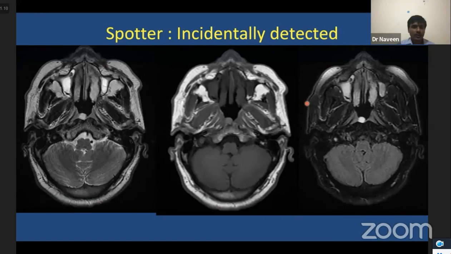This is a spotter. We can see T1, T2 hyperintense cystic lesions in the midline in the nasopharynx region, which are hyperintense on FLAIR and mildly hyperintense on T1. This is a Thornwaldt cyst, which is a mucosal retention cyst and an incidental finding. However, if the size is large, it can cause serous otitis media due to obstruction. It is usually a leave-alone lesion, with no need to surgically remove it.